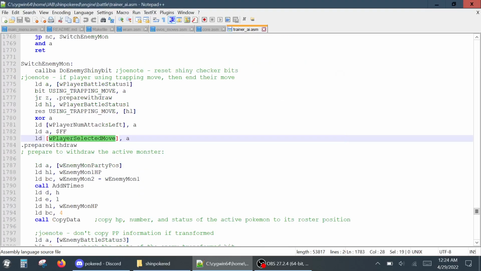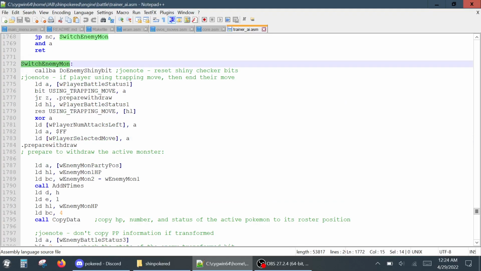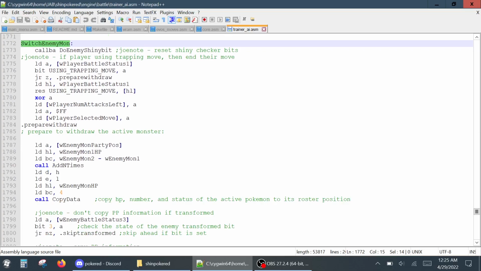Switch enemy mon. So this handles switching. It doesn't matter if it's an AI opponent or a link cable battle. This is the code that handles the opponent switching. Here we have